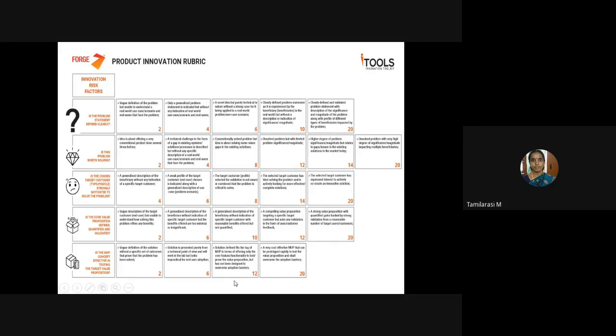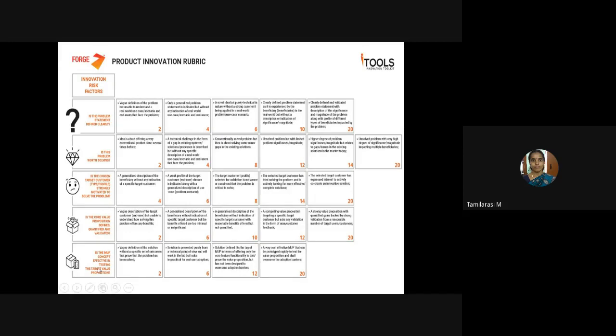If you feel that you can make a real product, but there are some barriers, maybe environmental barriers or legal barriers, then you can go for 12. Otherwise, if you have experimented only at the lab level, and have not come into reality, then you can give a 6. Otherwise, if you have only an idea and have not tried any implementation, then you can give the 2.